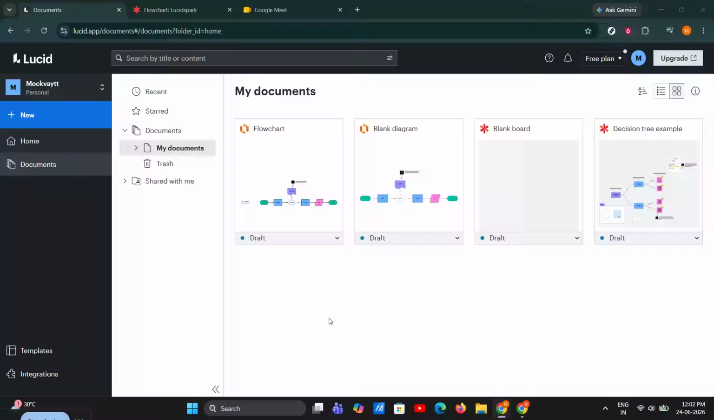If you want to use Lucidspark in Google Meet to run better brainstorms, plan ideas visually, or collaborate with your team in real time, this tutorial will walk you through the whole process step by step. Whether you're hosting a class, a team meeting, a workshop, or a planning session, Lucidspark can make your Google Meet